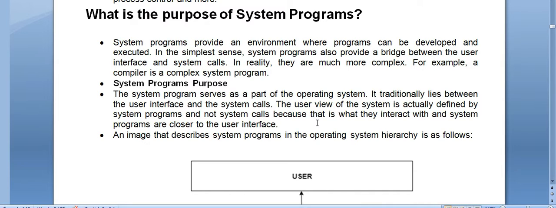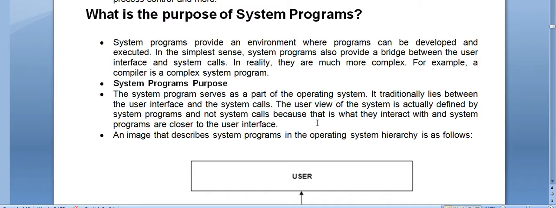In reality, they are much more complex. For example, a compiler is a complex system program, but we only access the essential parts, which means it is an abstraction. The compiler itself is a program.